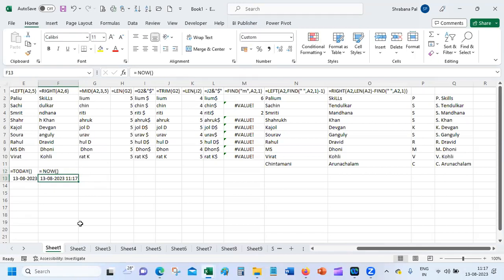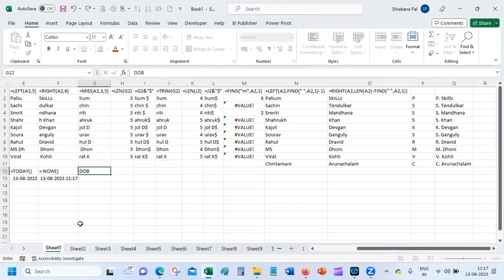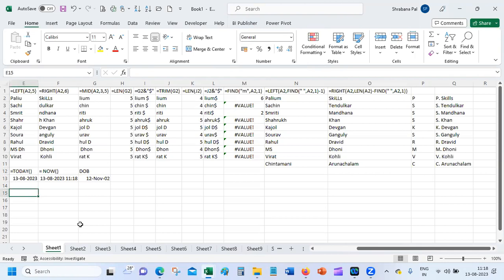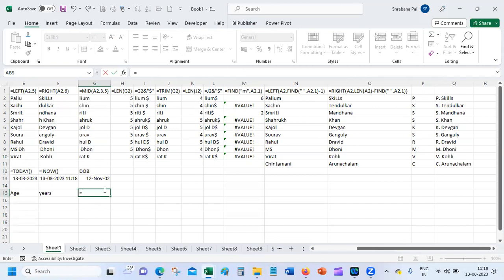all right. Let's say you have somebody's date of birth, or you want to know how many years of service, or you want to calculate somebody's age. So you can say 12th, let's say November 2002. Okay. Now, if you want to find the age, there are different ways of doing it. One is age in years, which is always today's date is bigger than yesterday's date. Tomorrow's date will be bigger than today's date. So today's date minus date of birth